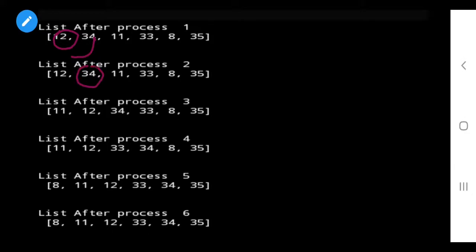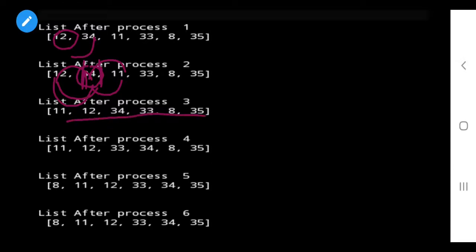The 34 is greater than 12, so it will remain in its place. In the next step, 11 will be checked with this 34, and 34 will get shifted to another position. Now 11 will be checked with this 12, and 12 will get shifted to the back.